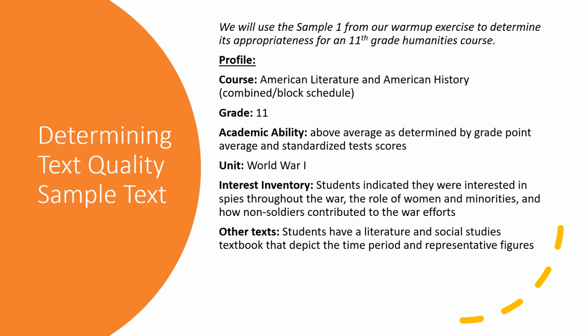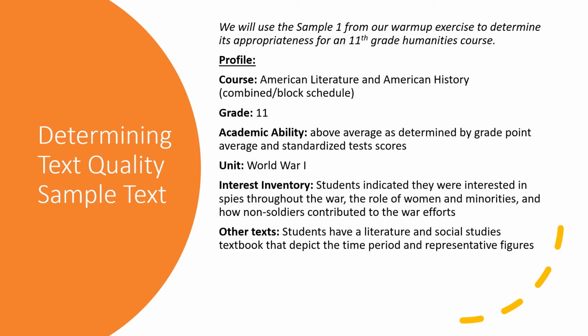So we're going to use sample one from our warm-up that we did in this lecture to determine the appropriateness for an 11th grade humanities course. Okay, so this is the profile. The course is American Literature and American History. It's combined in a block schedule. It's the 11th grade. The academic ability of the students, they are above average as determined by grade point average